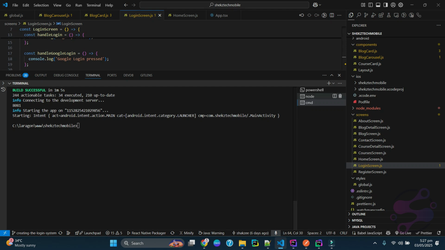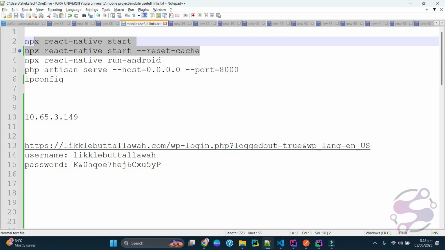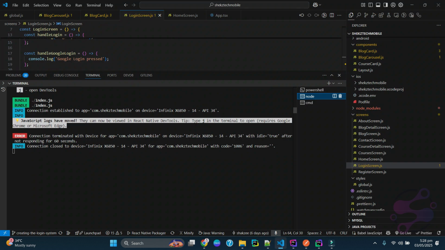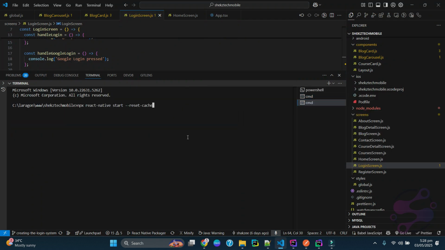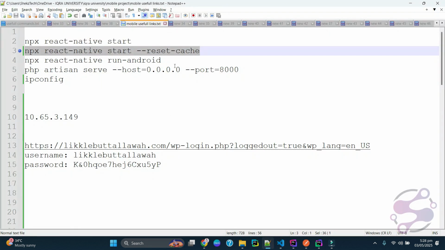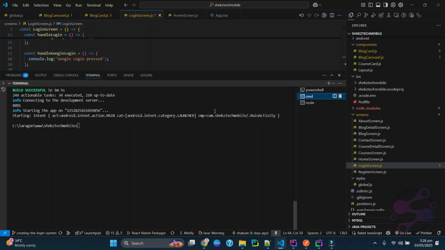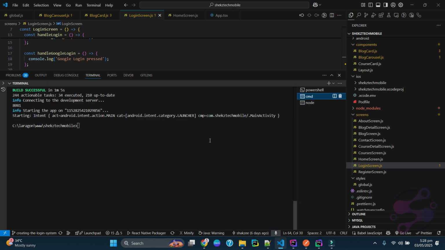So now you have to open this one. Like I'm going to use the npx react-native start, and I'm going to remove the cache, reset the cache. Now you have to execute the npm or npx react-native run-android command. Fine, so it's working. So you have to use this command. So it will create the